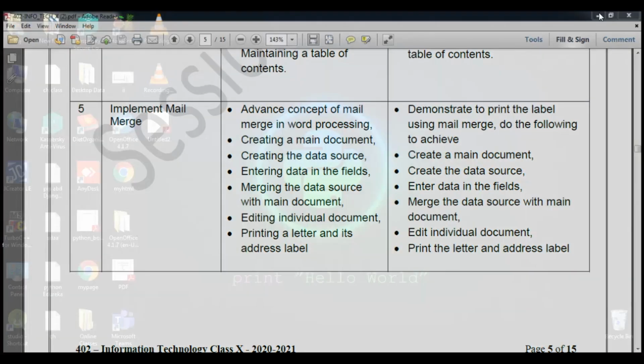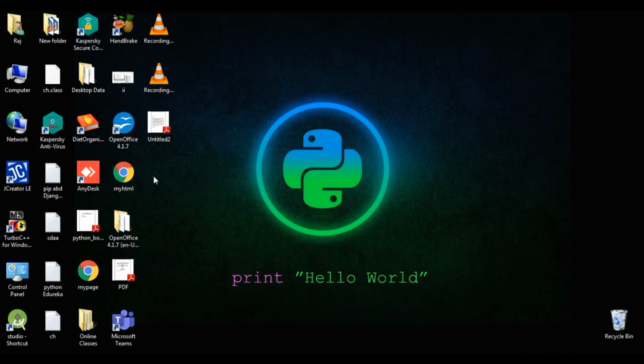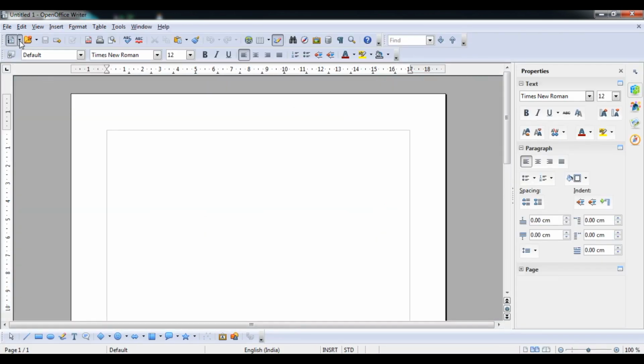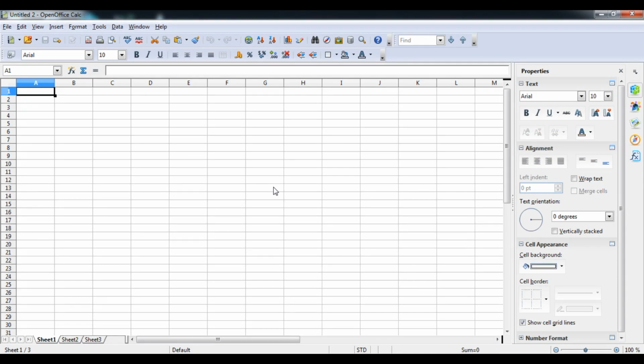Now student, we are going to understand how to create our own data source. It means to say a data list without using this operation. So what we have to do: open Office, then click on text file, and then go to file and spreadsheet. Inside the spreadsheet you will save your file. Suppose that here is name and here is phone number.